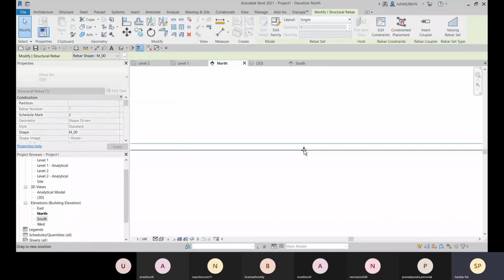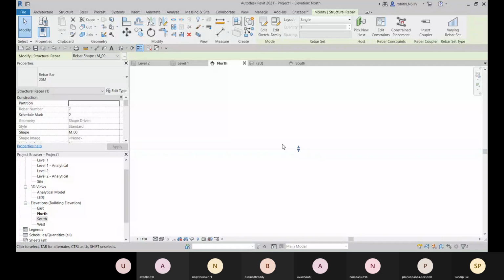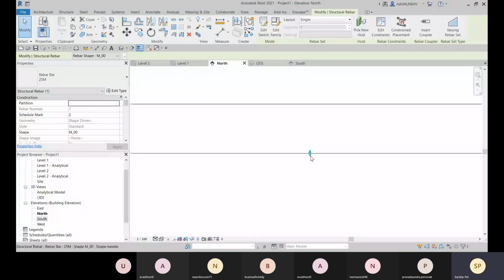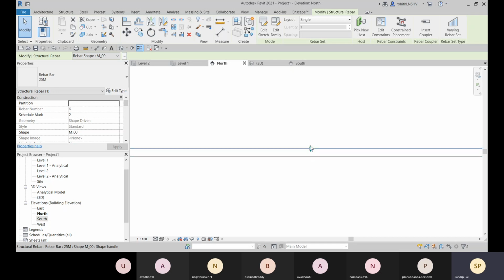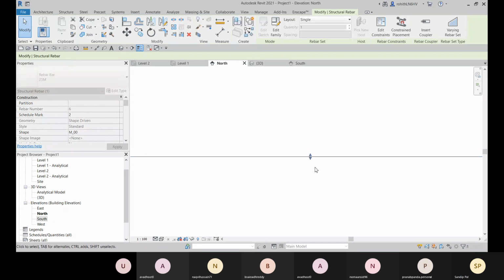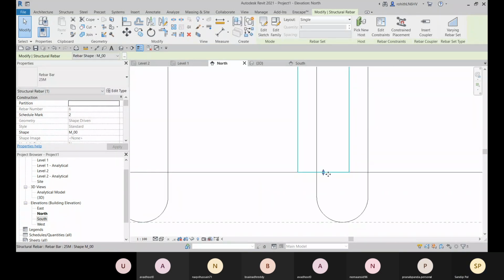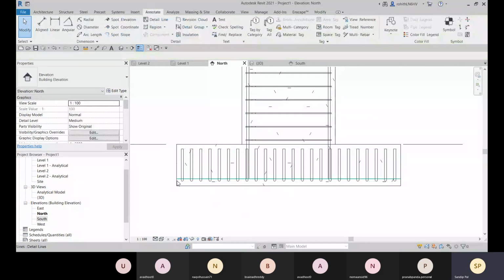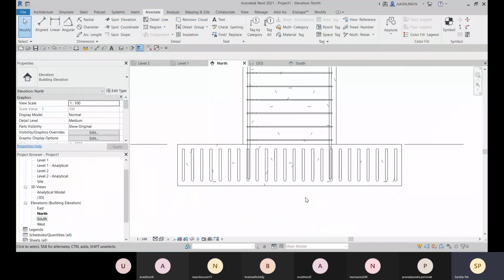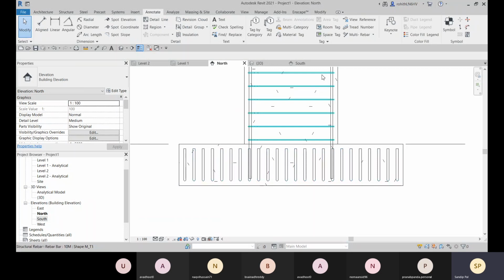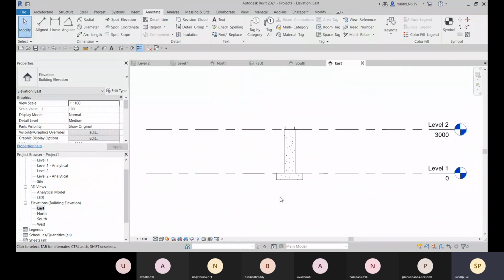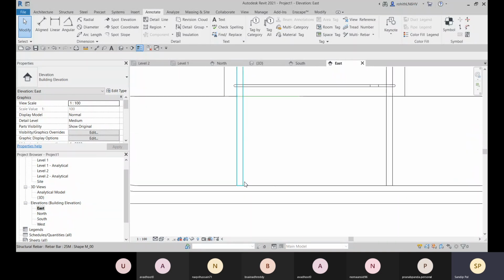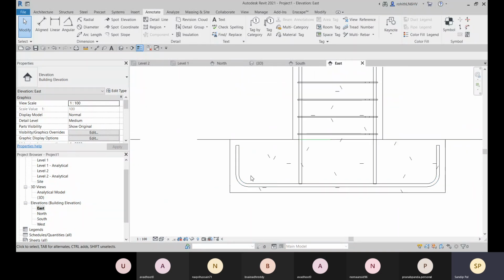So just zoom it. Yeah, now it's fine. And for this also. All right. And then you can delete this detail line. So you can create a detail line for your reference, and that is placed. Now you can go to any elevation there. And now let me go to this wireframe, and there you can see this is properly placed over there, right?